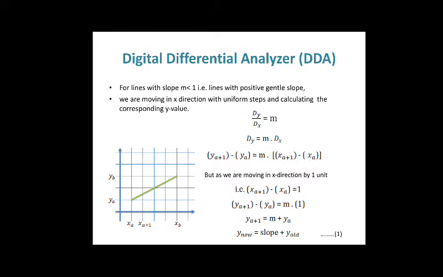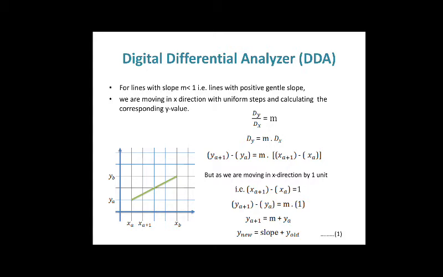So, this ya will move to the RHS, where it is a minus on the left; whenever it goes to the RHS side, it becomes plus, right. So, m plus ya, what is it showing? This ya plus 1 is a new coordinate. What is this y? Y is the old coordinate, and what is m? Slope. So, what will be the equation? The new value of y will be slope plus old value, right.